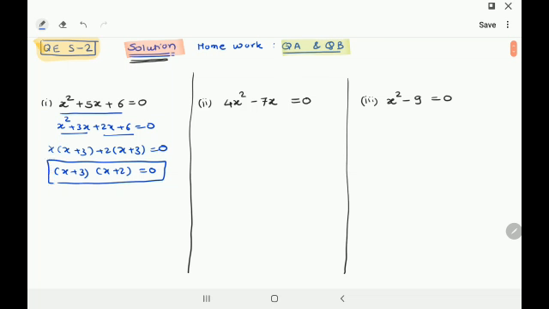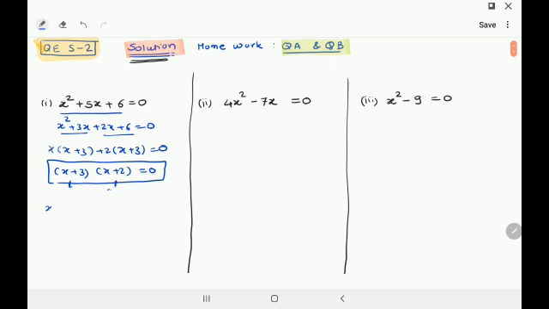Let us understand that. Product of any two numbers is 0. What exactly do we mean by the product of any two numbers is 0? Let's understand that. See, some number into some number is equal to 0. When is it possible? This is possible only when either this number is 0 or this number is 0. Any one out of these two numbers is 0, then only the product is going to be 0. I hope you are understanding and I am correct here. Right? So, if the product of these two numbers is 0, that means either this is going to be 0 or this is going to be 0.